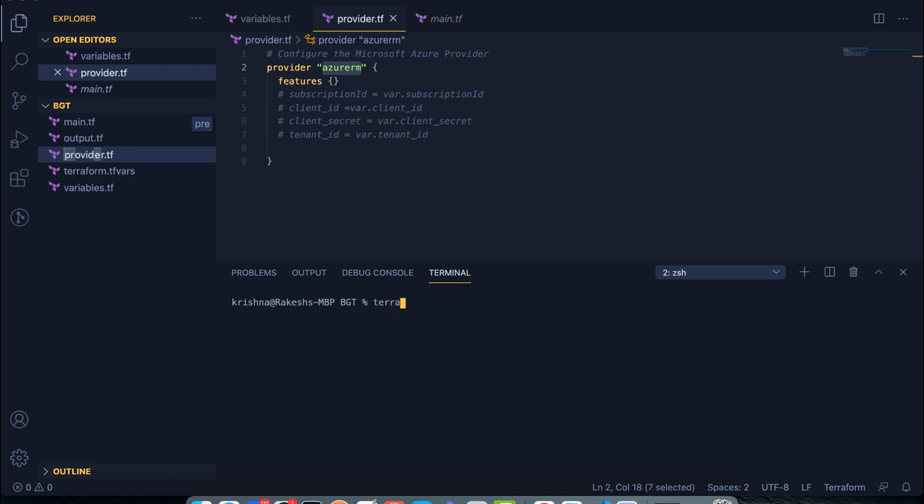I'll run Terraform. Before I do the Terraform init, first thing you need to do is log into your Azure credential using Azure CLI. So make sure you have the Azure CLI installed on your system. For example, in my case, I have installed the Azure CLI on my MacBook and on my Windows as well. So you can test the Azure CLI with help, and you should get the information about